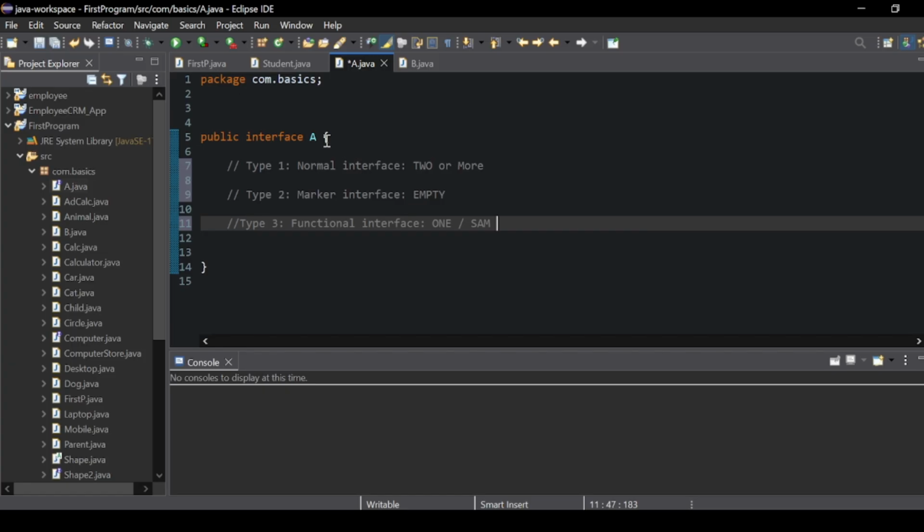So, as we say, the functional interface is an interface with exactly one abstract method, and that method is called the functional method, and it defines the behavior that will be implemented. Java provides a special annotation for functional interfaces, which is the @FunctionalInterface